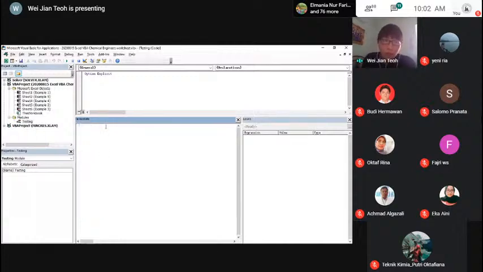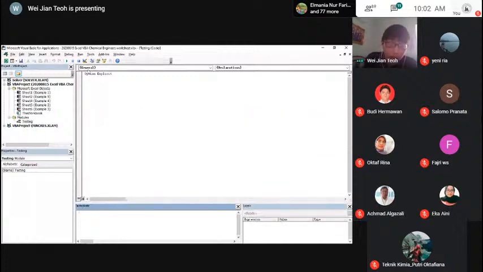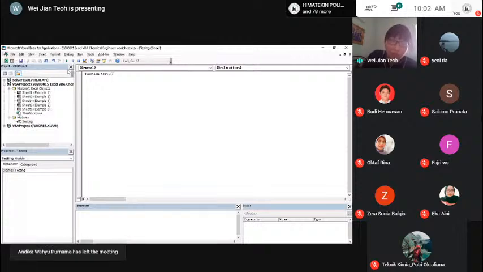Okay, so I'm going to delete everything here. I'm going to go into this, and then click on my testing module, and I'm going to use this. So I'm going to clear everything here first. And how do I define a function? I just type in the word function, and then I give it a name, let's say test1. Open close bracket. So this is the way to define it.